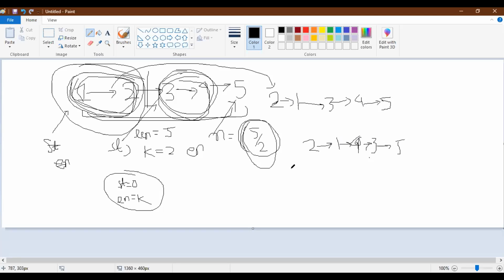So you're always saying you're going to take st and en, and st will be 0 and en will be k initially. But then when you are done with reversing the first group, 1 and 2, since these are reversed, I'm done with this group. Now I'm concerned with the other group. Then I will increment st k steps ahead, and increase en k steps ahead, and again I will reverse that group.